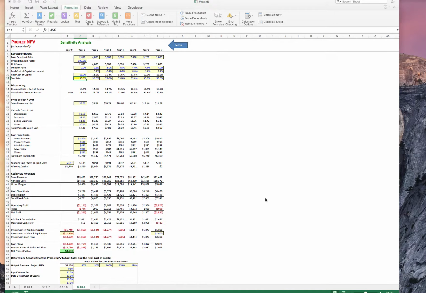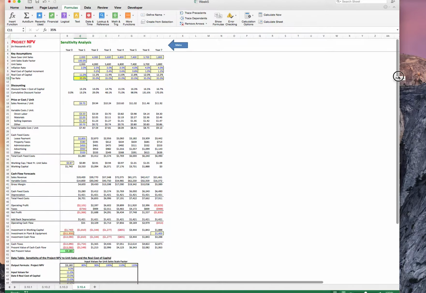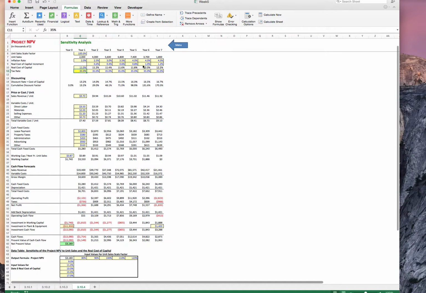So here I have it all set up. All these numbers are working, and all these numbers are correct, and they do match the textbook. And I have gone ahead and set up the formatting for the data table, right? Here are the